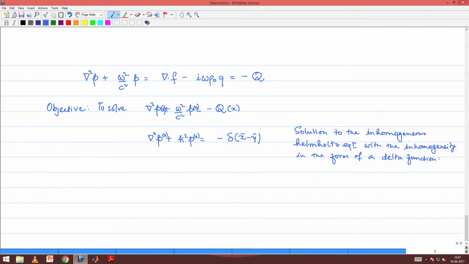And I hope you know what the different properties of the delta function are. Most of those properties are going to be the same whether you consider one dimensional time or 3 dimensional space, it does not matter. So, we will just carry over at least loosely most of those properties and we will deal with them as and when it is required. So, the point is that we will try to solve this equation, which is an inhomogeneous wave equation with inhomogeneity in the form of a delta function at a certain position, which we are calling y. The solution to this equation,